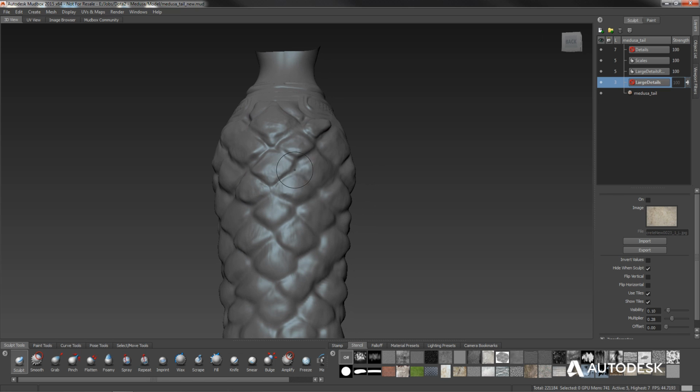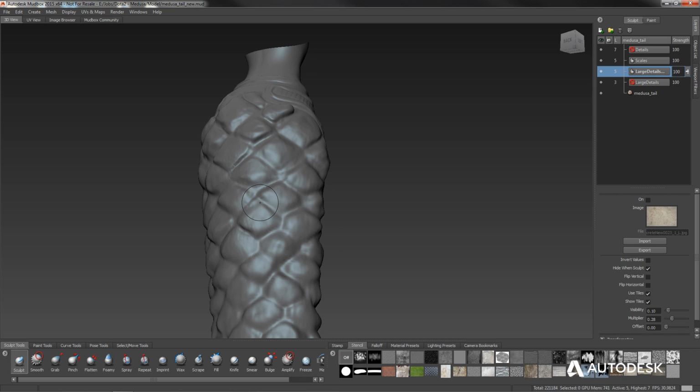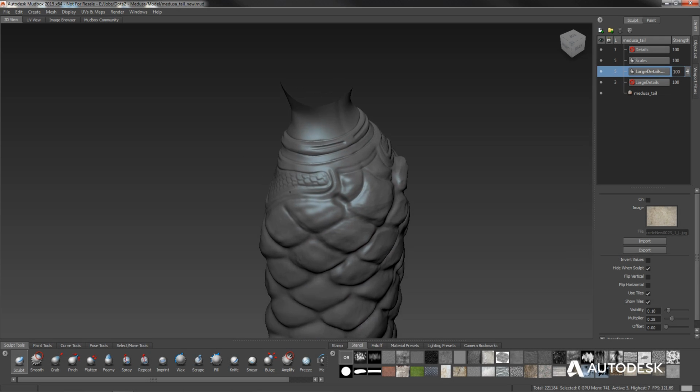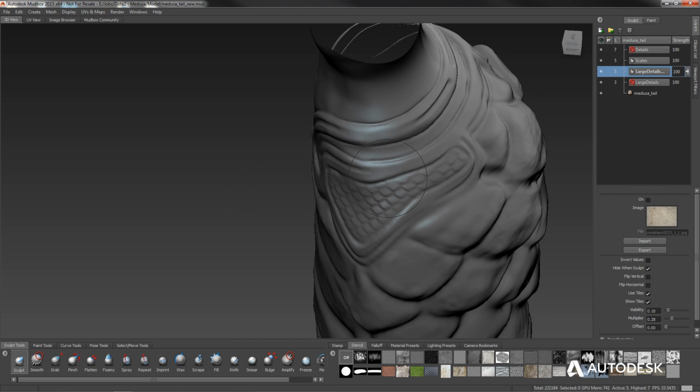So basically all I did was continue with the sculpting by holding down control and very loosely adding these shapes in here like so, and defining my scales. I just very loosely define everything. I also, at this point, put in some of these details by sculpting them in and using the steady stroke. So if you go into here under your sculpt tool, or any of your tools really, you can